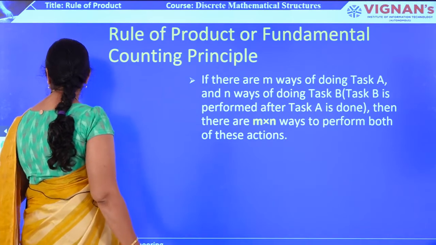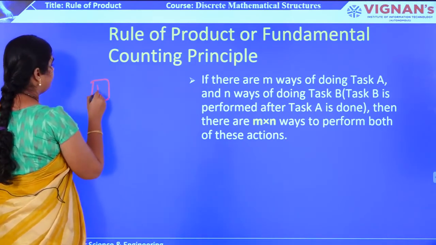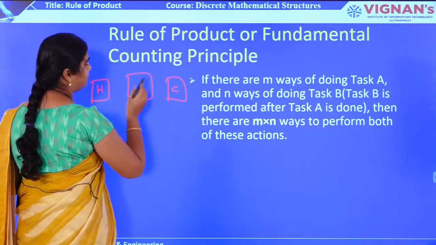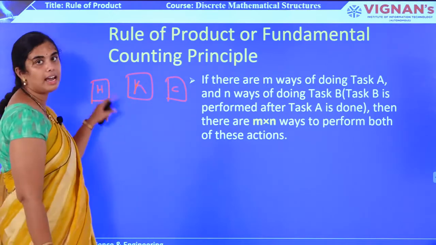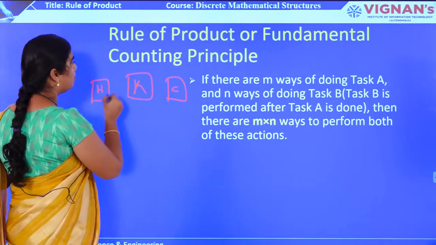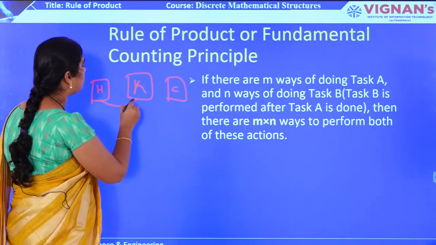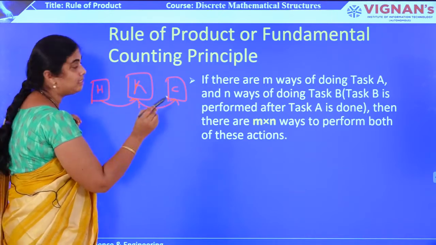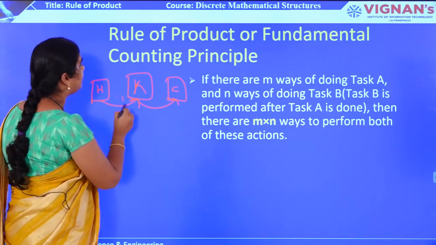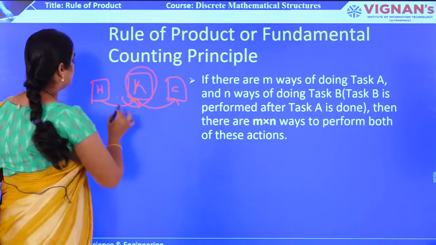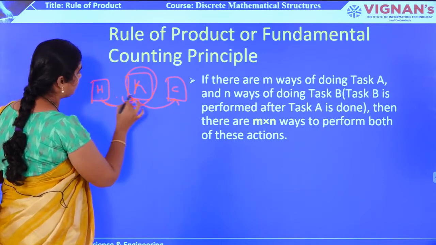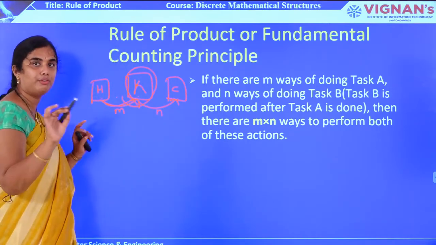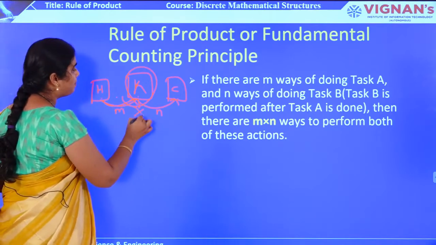First I will give a real life example. From your home you are coming to college. In between you have another stop, suppose this is K. So in order to travel from your home to college, first you need to reach from home to K, and from K you need to reach C. So traveling to college is mandatory, you need to cross this K. Suppose you can travel from H to K in m ways and K to C in n ways. Then the total number of ways in which you can travel will be m cross n ways.